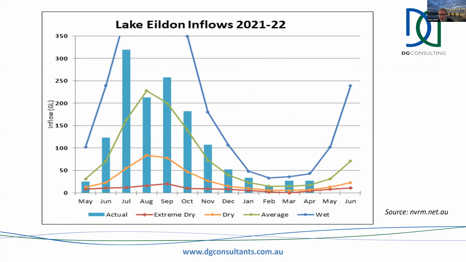For the Goulburn, similar story. You can see the teal coloured bars here, the actual inflows for 21-22, and that's compared to long-term averages, or the wet scenario there in the blue upper line, or dry scenario there in the orange line. So you can see we had some really good above average inflows there in July, kicking things off nicely. Slowed down a bit in August, as it did in the Murray, and then picked up a bit with some higher inflows experienced,